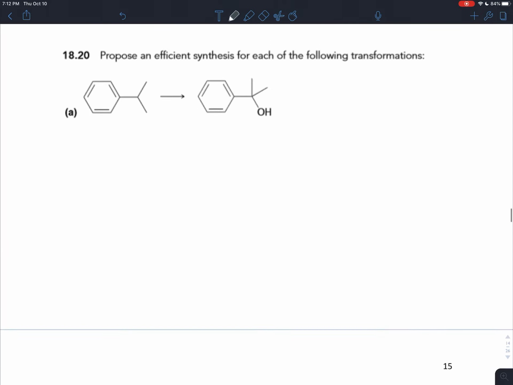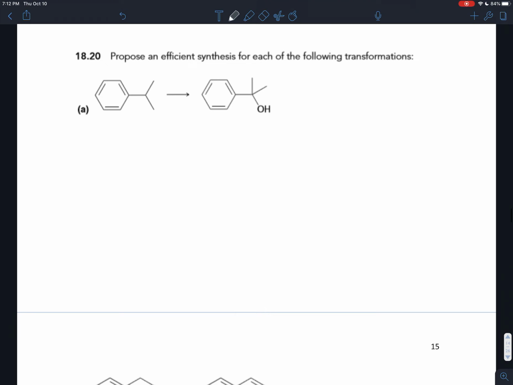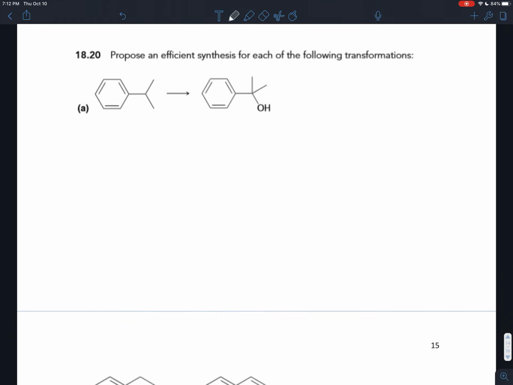Okay, ignoring that introduction, let's say you came face to face with this problem. How do you analyze it? The first thing you want to check for is if the number of carbons change. There aren't too many reactions you can use to add carbons or to take carbons away. And so if the number of carbons do change, then that narrows down what you need to build your